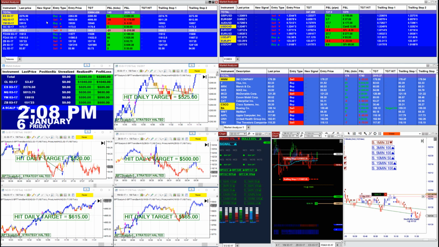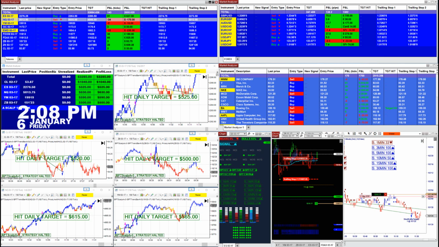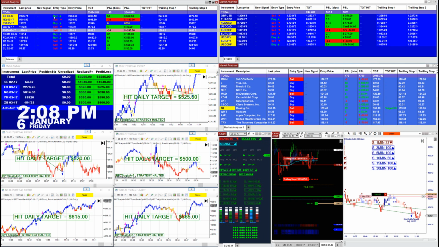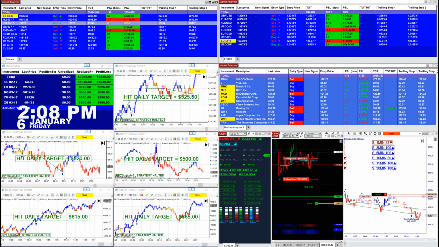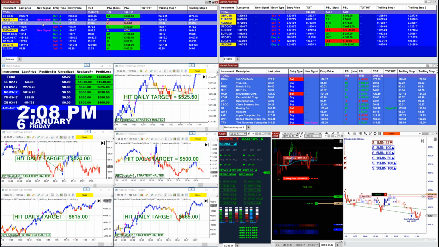We don't need to trade all of them, but when the NASDAQ is going one direction, the EMD is going another direction, the ES is going one direction and the YM is going another direction, that will give you a pretty good idea how this market is. Now we have a new signal on the NASDAQ. You can see that it says buy, and now we have a new buying signal on the EMD, and this is really